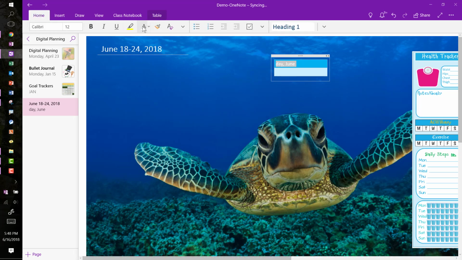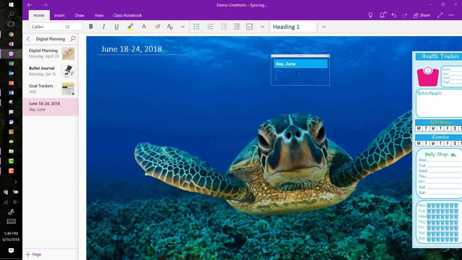So I'm going to come back in here. I'm just going to make that white just so it shows up. Let's make it bold. Okay. So now I've got my table here basically. If I hit enter right now, that second row is going to go away. So I'm just going to undo that. So if I hit a space in there, and if I hit enter now, it gives me a second row,